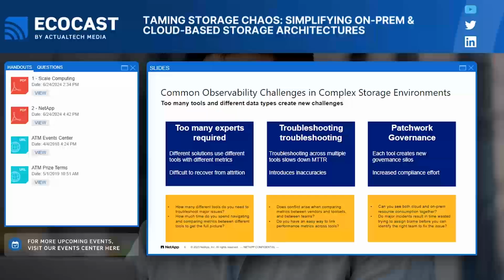And I hear this quite a bit. It'll say, hey, I can see your storage through this tool and I can see your storage through that tool, and I see this amount of IOPS and this other team might see this amount of IOPS, or they might see this amount of latency. And really what's going on is the polling intervals are set differently, right? They're not polling at exactly the same time. So they might be missing spikes, or they might be missing some data.